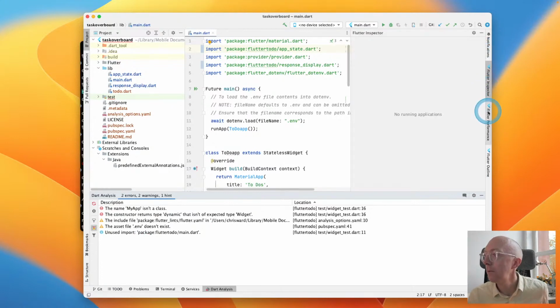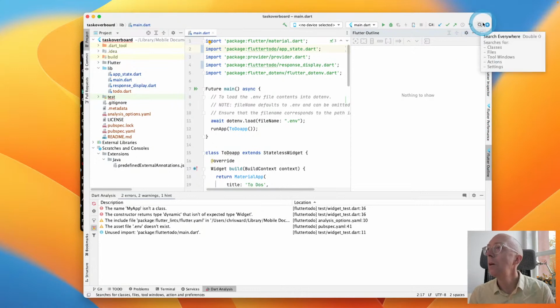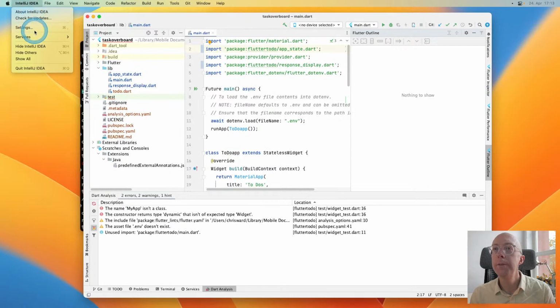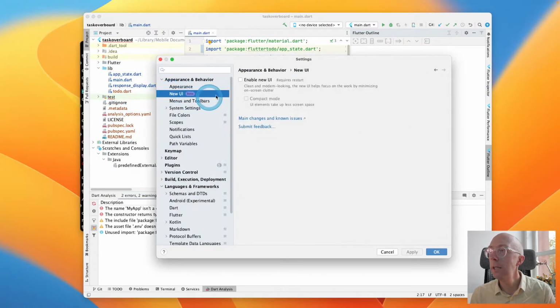Here's the Flutter Inspector, Flutter Performance. None of them are going to show anything right now, of course, but you can see them all here. And we didn't really see them on the other UI. Let's switch back to that. There is seemingly no quick way to do that from the old UI. So we'll have to switch back to the preferences again and restart again. Bit of a pain.